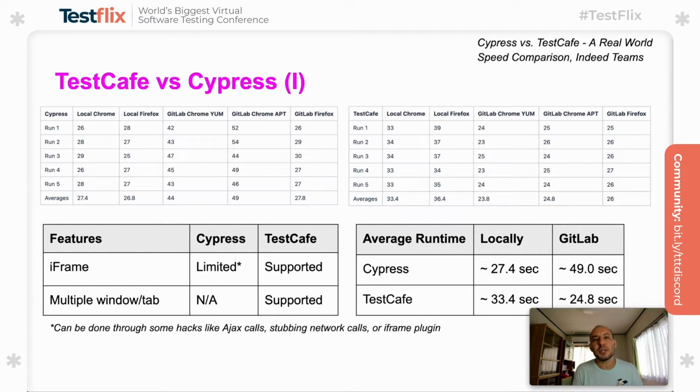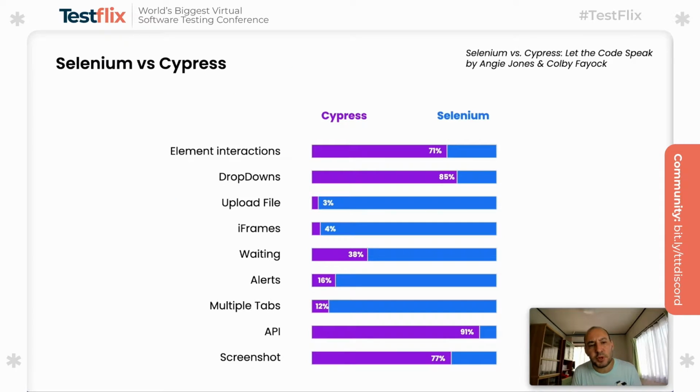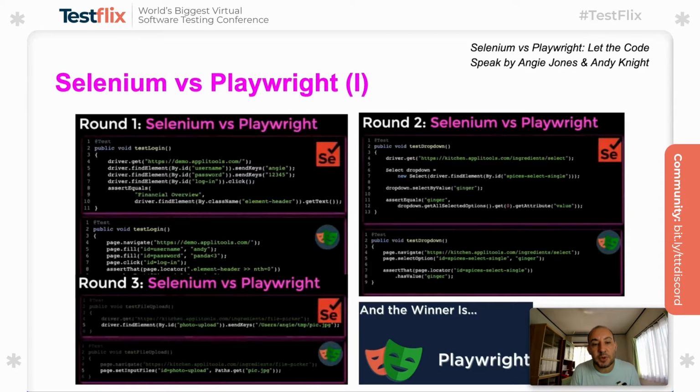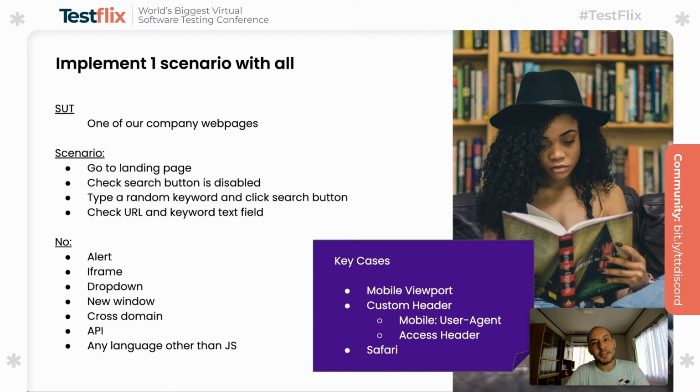And I went through similar studies to compare head to head TestCafe and Cypress, or Selenium versus Cypress, and even Selenium versus Playwright. And in each of them, I collected several metrics, even including the execution durations with different resources. And the last step in my benchmark roadmap was having the personal developer experience, right?